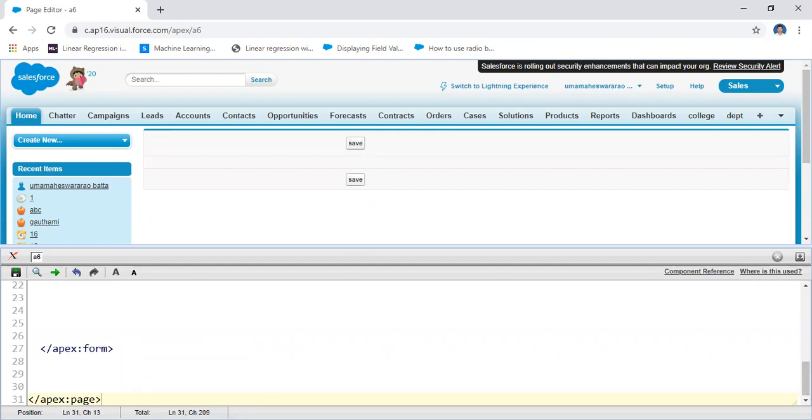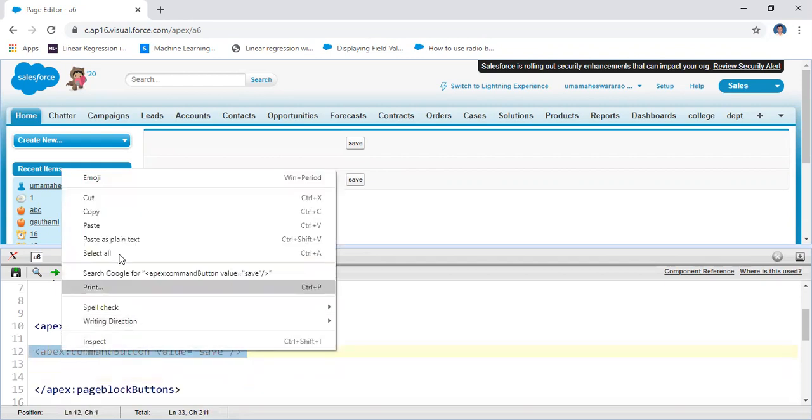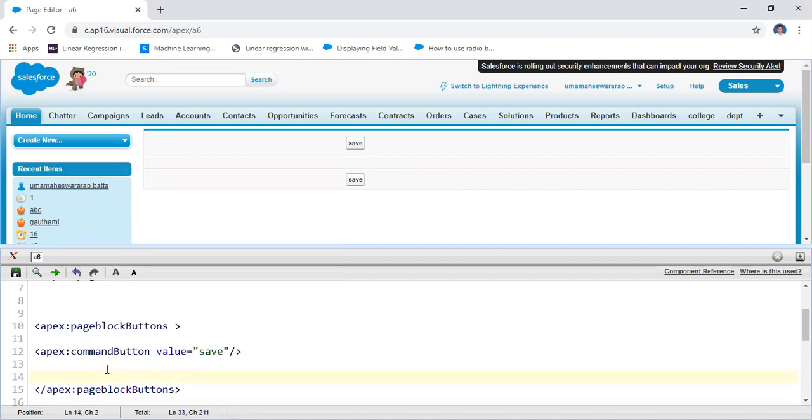Similarly, you may write some other button also. I'm going to write a Cancel button here. In this way you will create the different page tags.